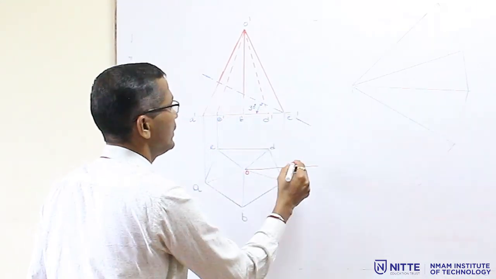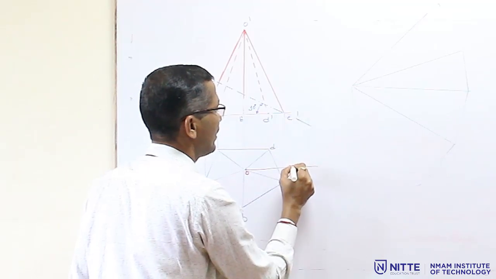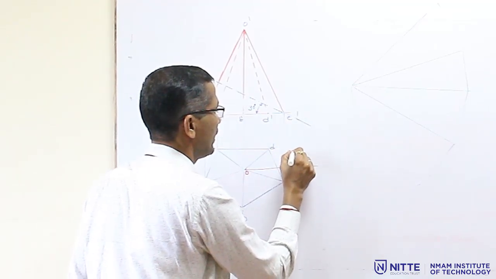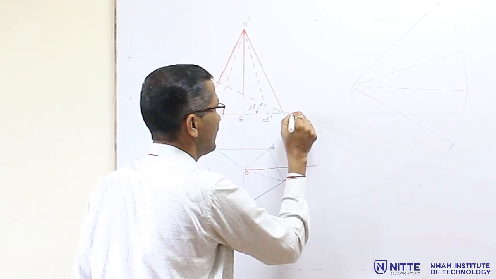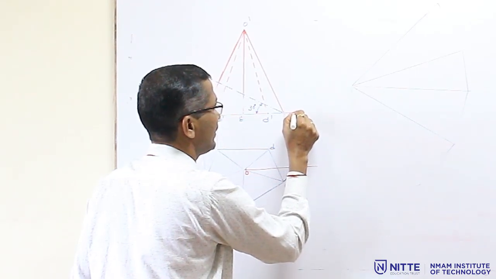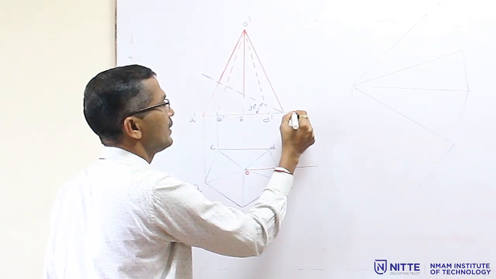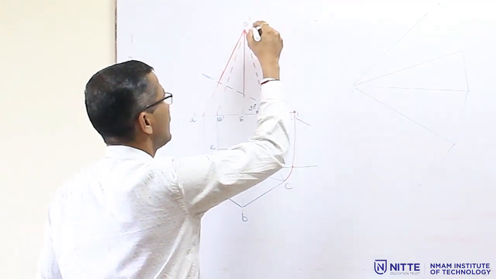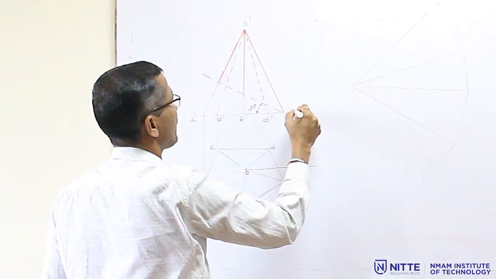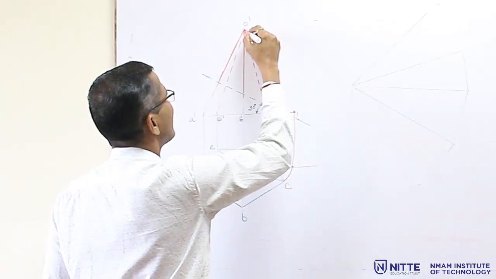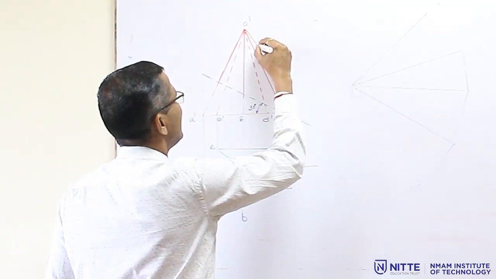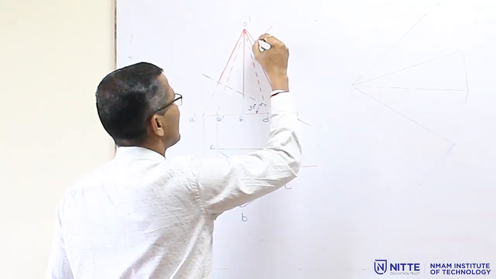From here, drop a light vertical line up to the XY line. Then this particular point you have to connect to O, like this, and this is the true length